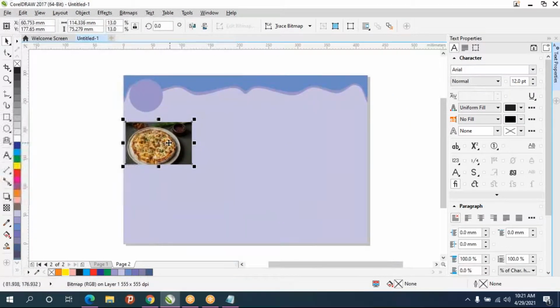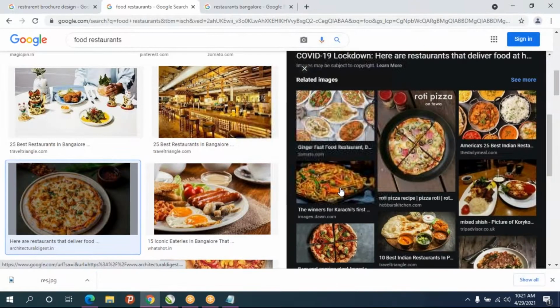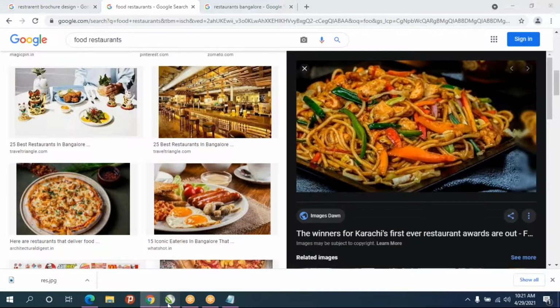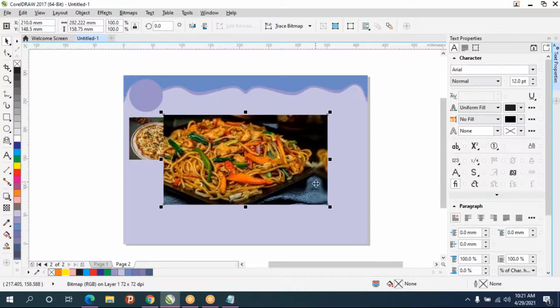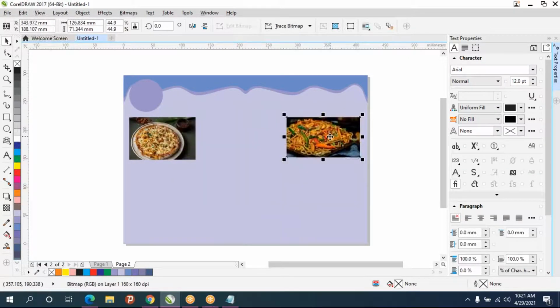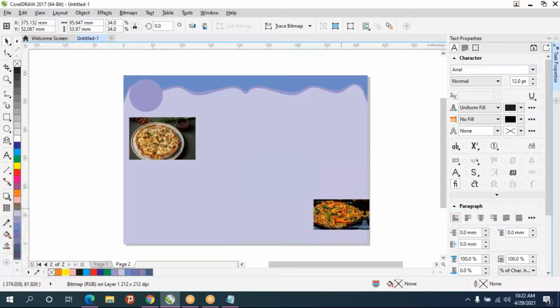So what are all the main dishes? That one you can arrange it properly. Copy image. Go to CorelDRAW, Control V, and reduce the size. Or you can make it even smaller also, no problem.